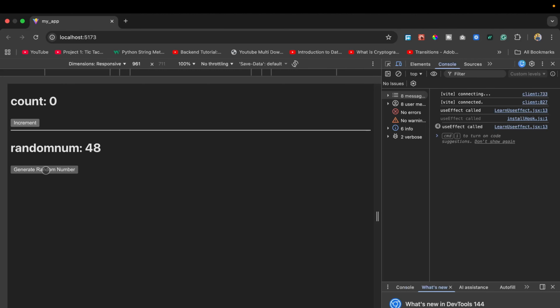If I say that it should execute only when the count state is changed, then when the count state is changed, at that time I want to execute the function. So at that time, when you change the count state, this function is executed. Now just see that